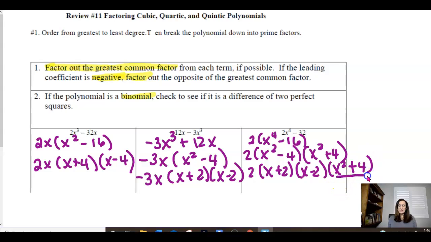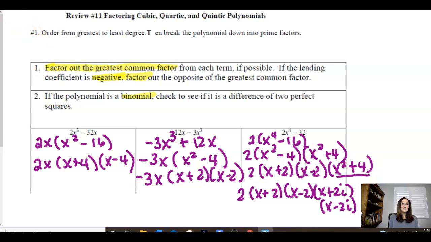Now, in pre-calculus, we're going to be working with imaginary numbers, and you can actually factor x squared plus 4. So did you know that that ends up an imaginary factor, and so I still have the x plus 2, I still have the x subtract 2, and now I can continue to factor as x plus 2i, and out of room, so I'll write it below, and x subtract 2i. All right. If the key is asking for reals, it would be this first answer, and you could just leave the x squared plus 4,